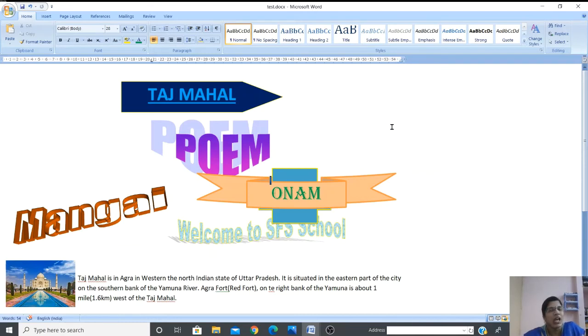The next thing we have seen is how to add a shape. To add a shape, we have to go to the Insert tab, Illustrations group, Shapes arrow. A drop down appears. So many shapes are there. You can select any one. And inside the shape also you can write something. How to do?